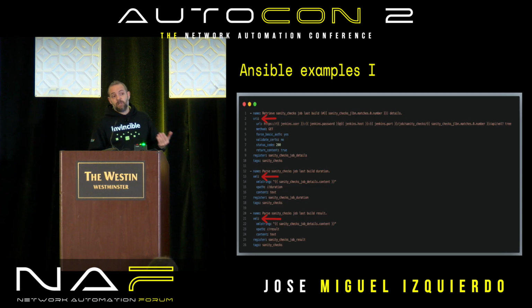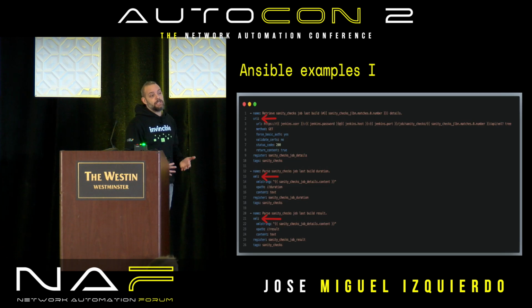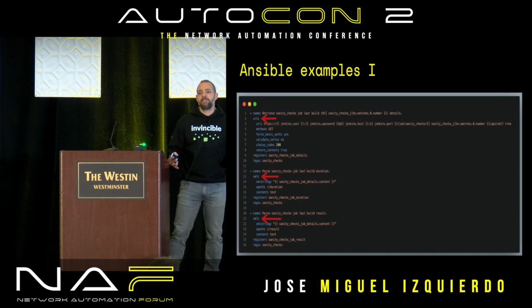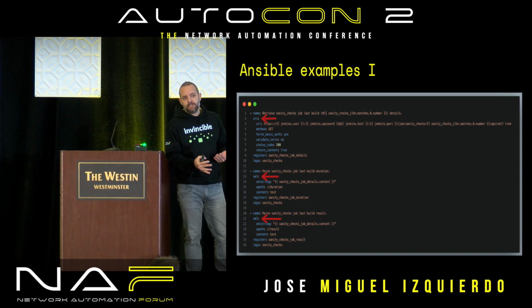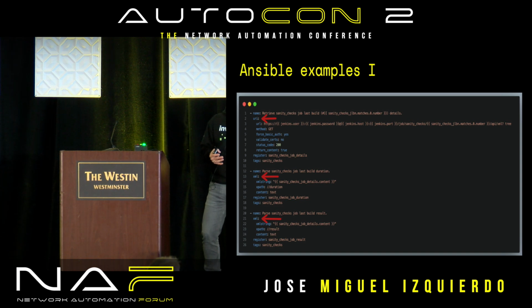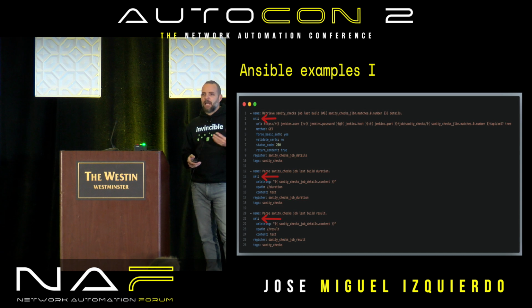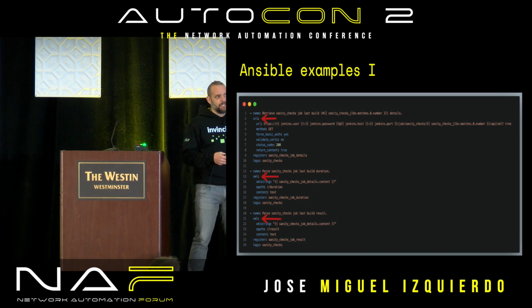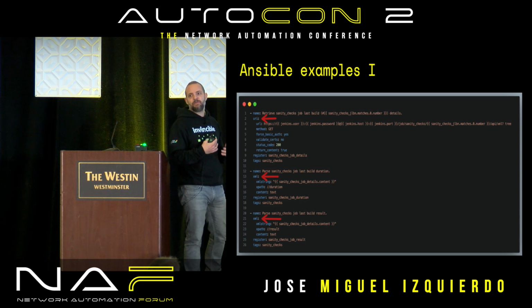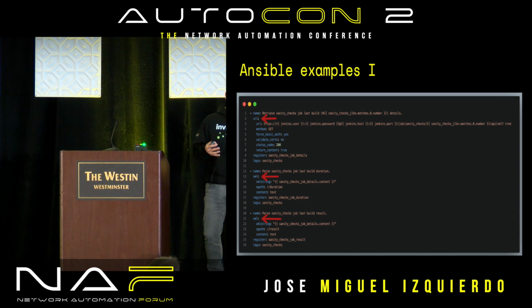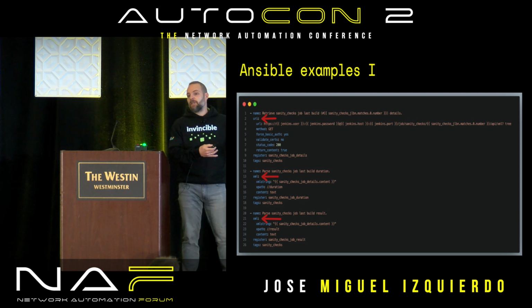And some examples, well, we are using it in this case to gather data from third-party systems. In this case, it's a Jenkins automation server. We are gathering the reports in XML format, and in the two last tasks of this playbook, we are parsing the data and extracting specific fields of that results, right? We are assigning it to the variables that we are going to render later, for example, in this planned UML